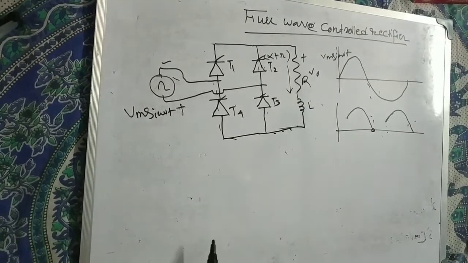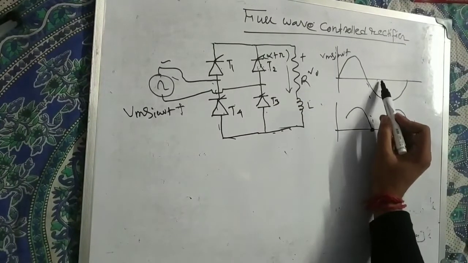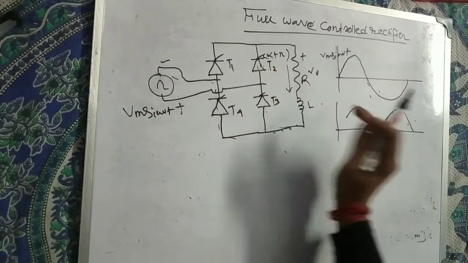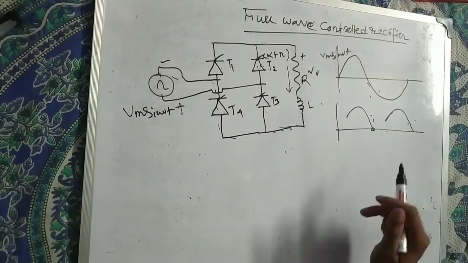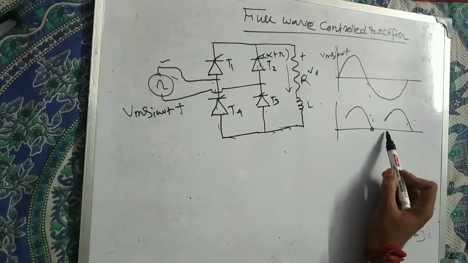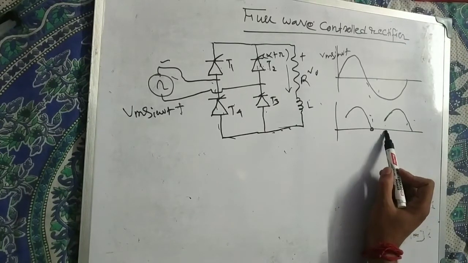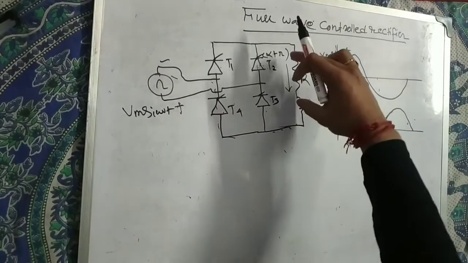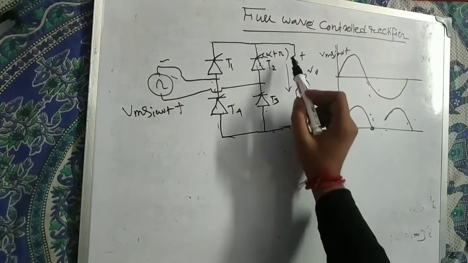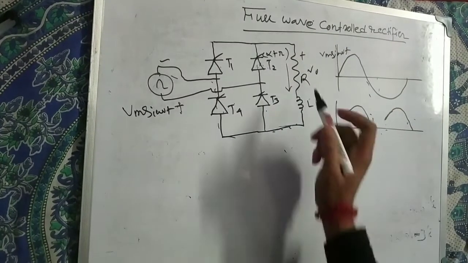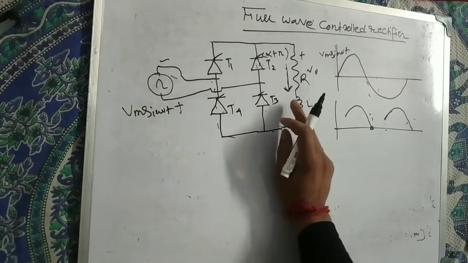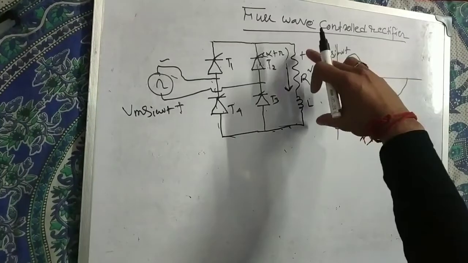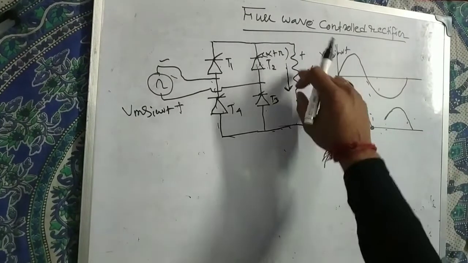Negative means the polarity will change here, and in the negative half T2 and T4 will conduct, but T2 and T4 will turn on only when the angle is alpha. So from pi to alpha plus pi, T2 and T4 are not triggering. If no voltage is given across this, the current would change, but we have already studied that an inductor will not allow a sudden change of current.